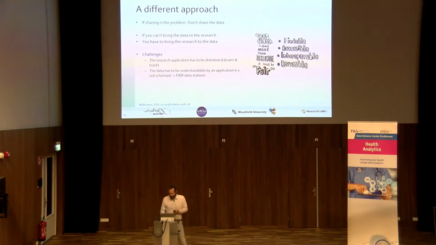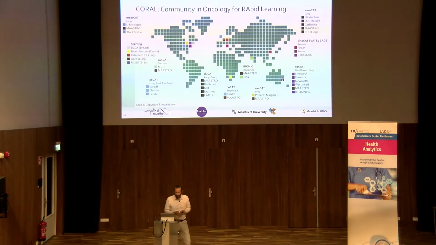How can we build a train system? How can we make FAIR data stations? At the moment, we have about 25 cancer centers in the world where we do this. We send trains around, and we analyze their data. This was very paternalistic and is still very paternalistic. We're now moving towards how can we involve citizens and patients in that. That's called the personal health train. You see this metaphor coming up. And we made a movie, or an animation, out of that, which I will show next.